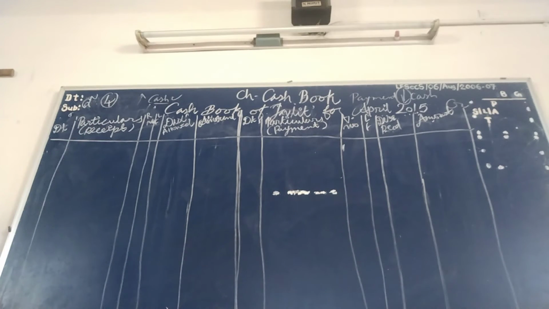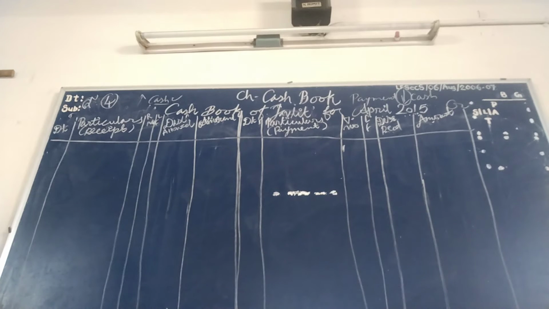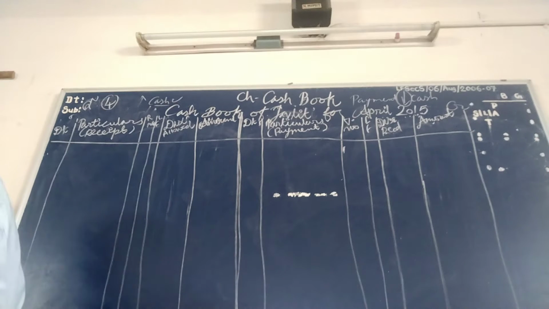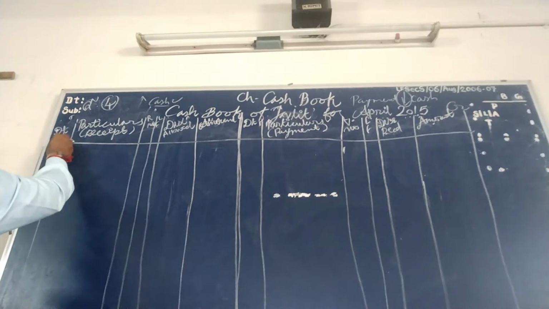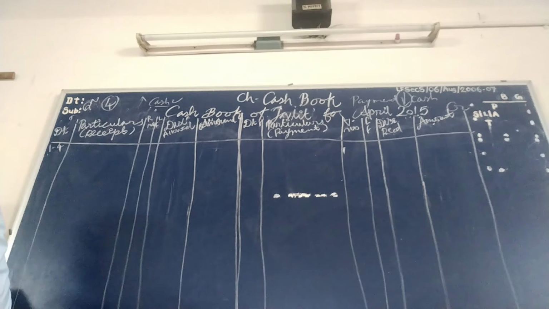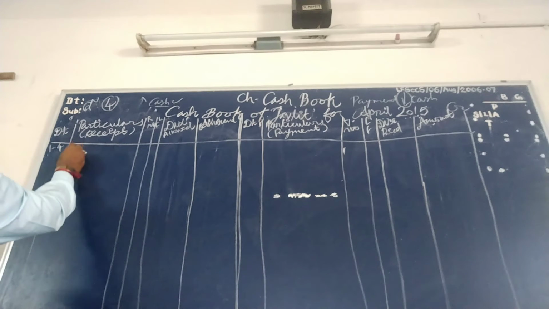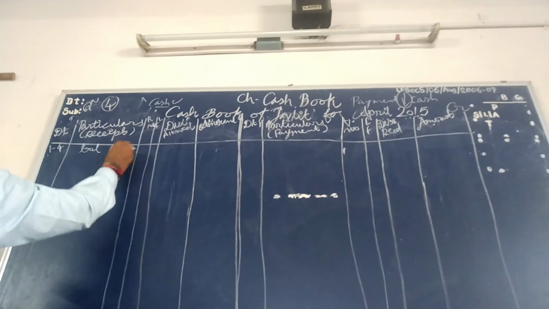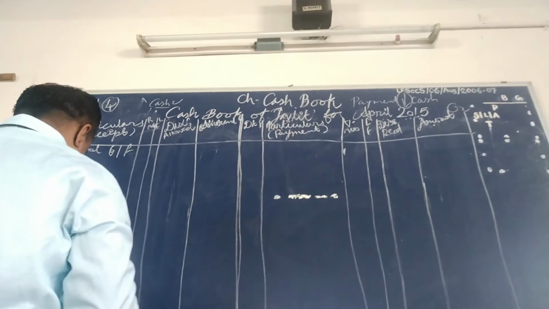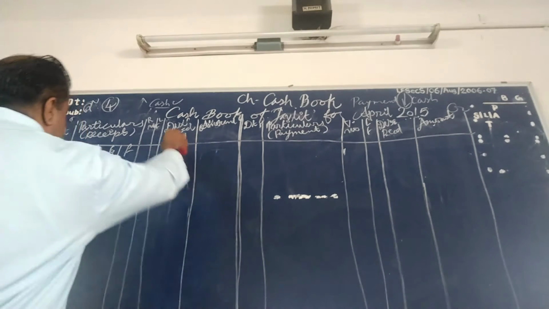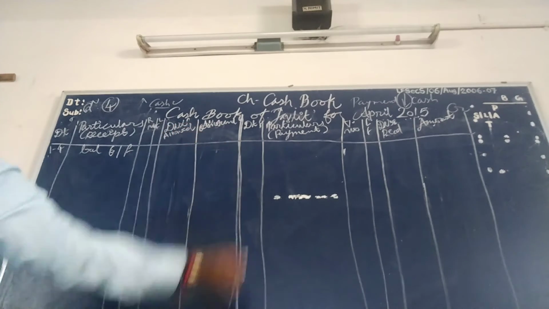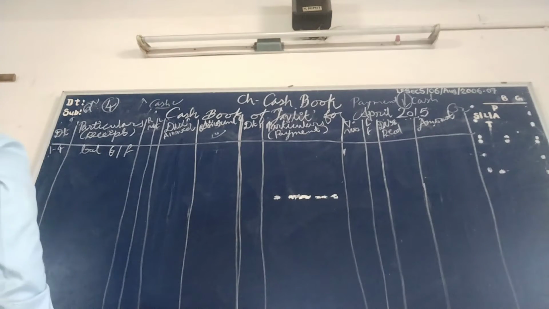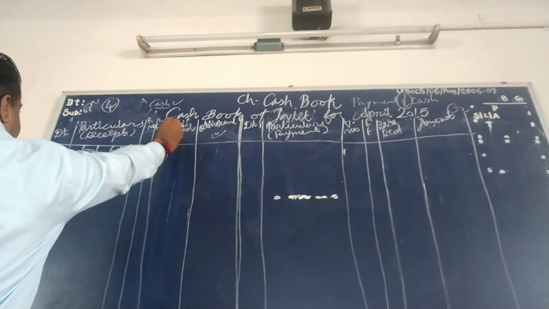Okay. First, April 2015 opening cash balance is 5,500. So here, the first April opening cash balance means balance brought forward. Here the two columns are there: discount allowed and amount. On the receipt side, what we received, we debit here. If we allow the discount to a customer, we write in this column.